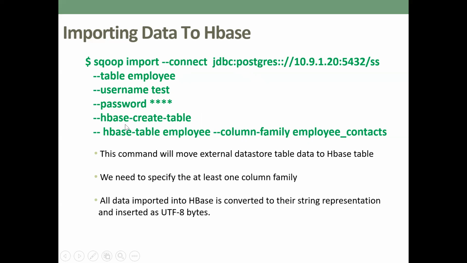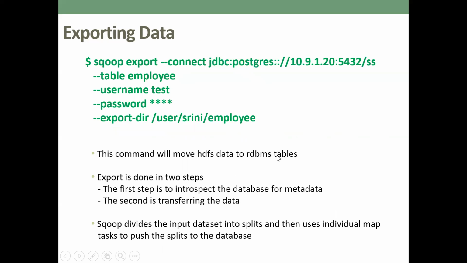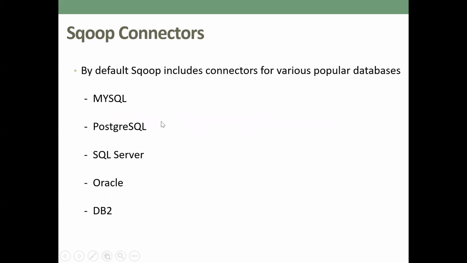For an HBase table, you have to provide the HBase table or the respective information. For export, you have it in your HDFS directory. So it's just a command change. Instead of sqoop import, here we say sqoop export. Same connection details, the table to which you want to export the data, user ID and password. Here I give the respective HDFS directory. From here I want to push the data to the employee table. So this is the command. Again here also there are map tasks.